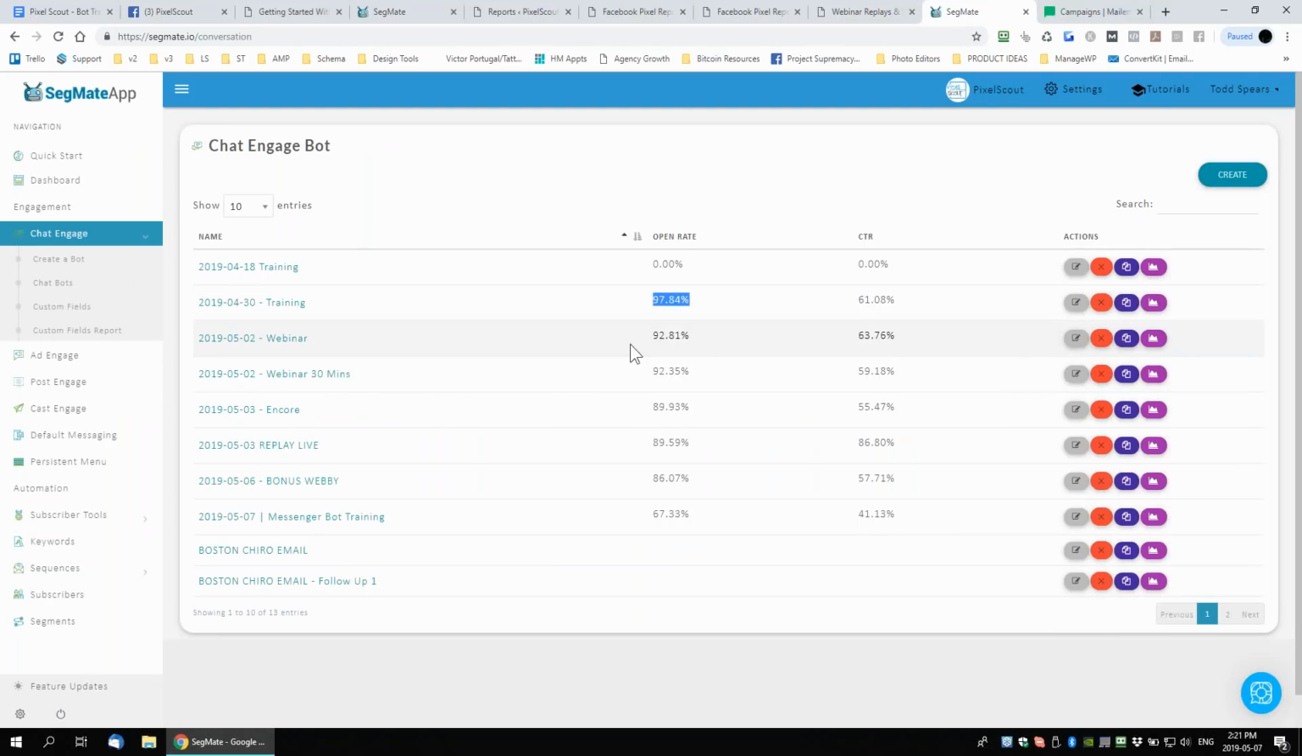Open rates: 97%, 92%, 92%, 89, 89, 86, 67. Now you might look at that and wonder why it's constantly dropping. It's actually not. Notice this one was sent out on April 30th, and this one was the one I sent out to you guys 2 hours ago. It hasn't had time yet to fully open. That's why the older ones have higher open rates, because more people go back and read older messages and